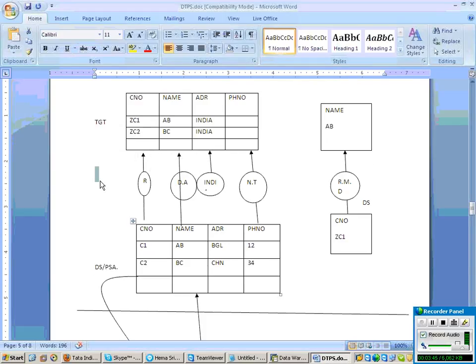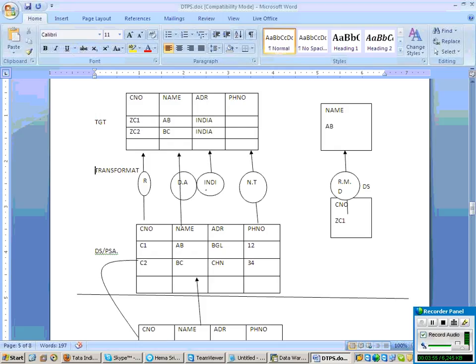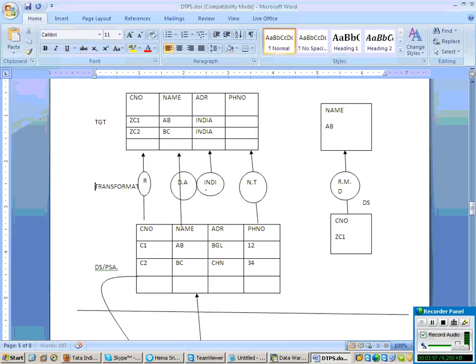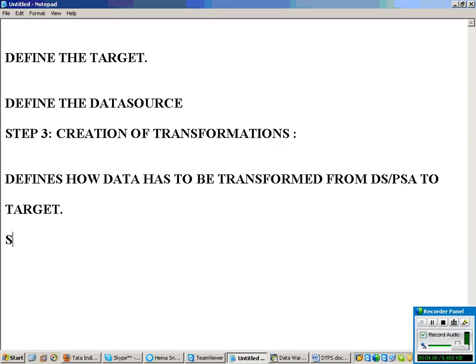When you want to start creating a transformation, very simple. First for your transformations, understand what is your source. That means the transformation has to get the data from where? From your data source slash PSA.